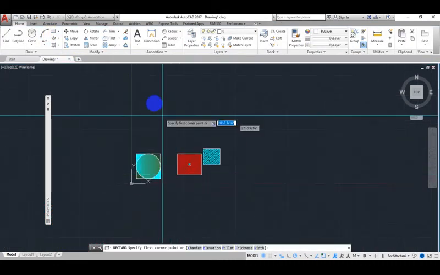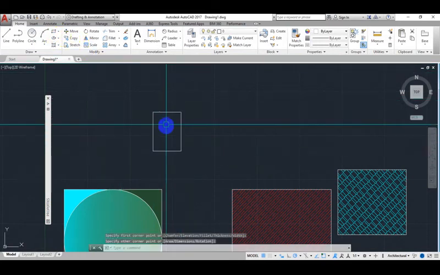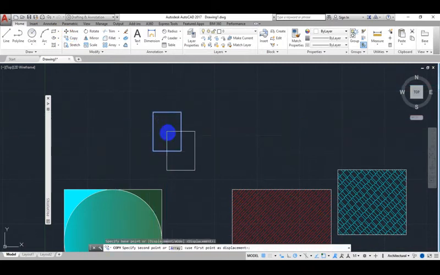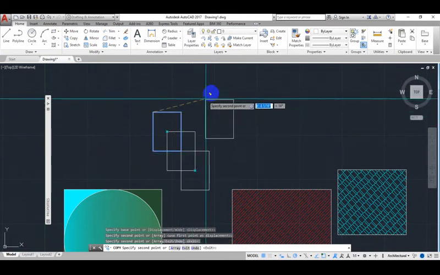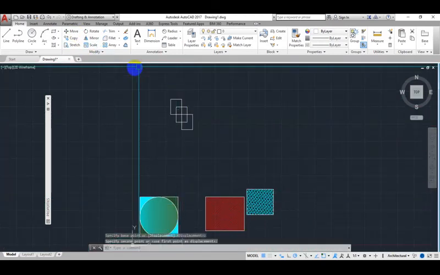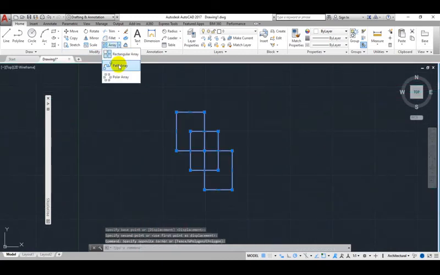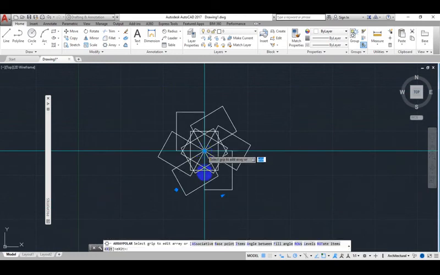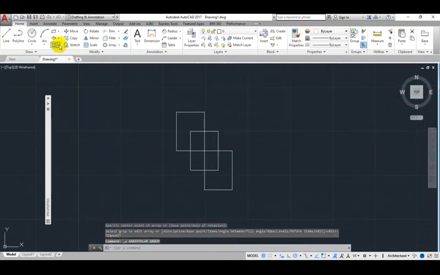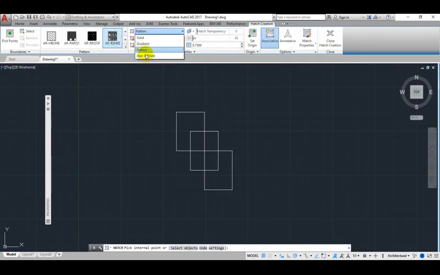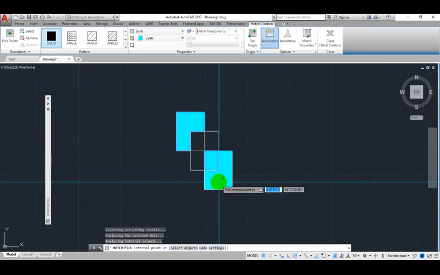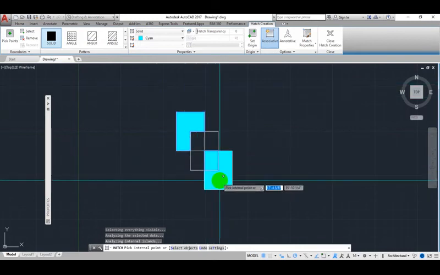So let's say for instance, if I have multiple hatching like this, I come to hash, come to solid, I have this hash here, I have this one here, I have this one here.